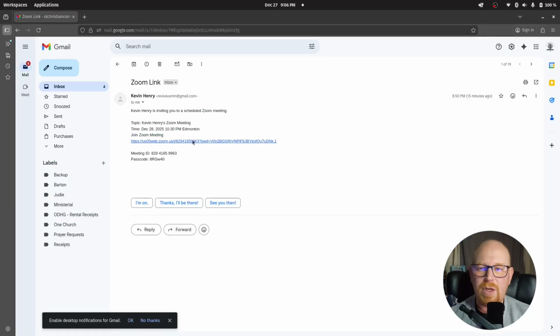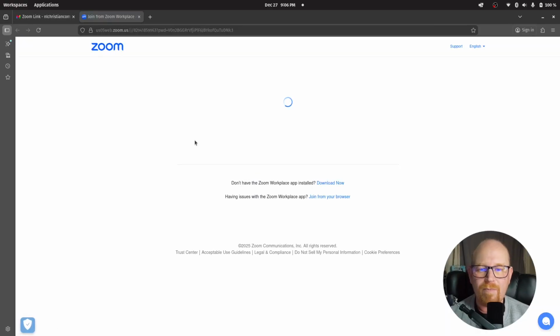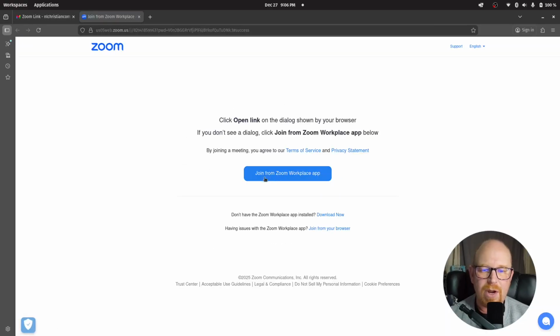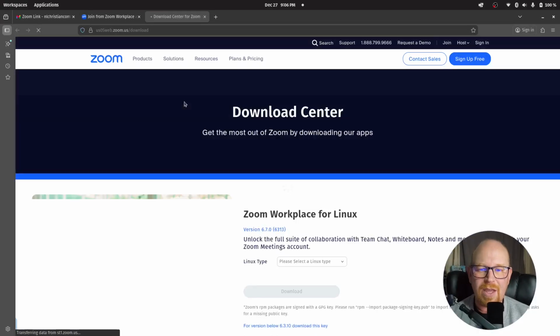So if you want to actually install the app instead, same thing from your email, just click on the link. And once it brings all of this up, just click on join with the Zoom Workplace app. If it doesn't come up, obviously you need to download it. So down here, it'll say please download, and that'll bring you to the download. So you click on the link to download,